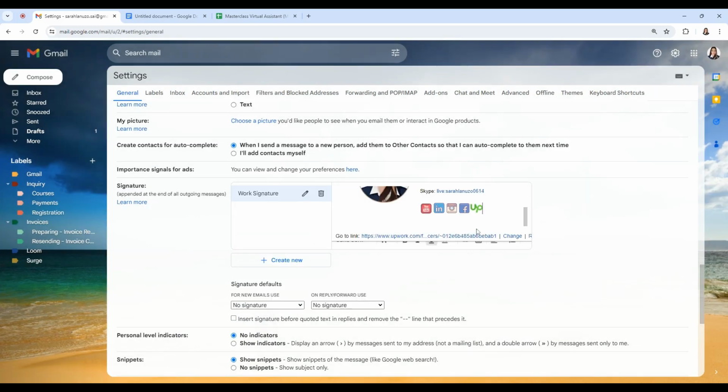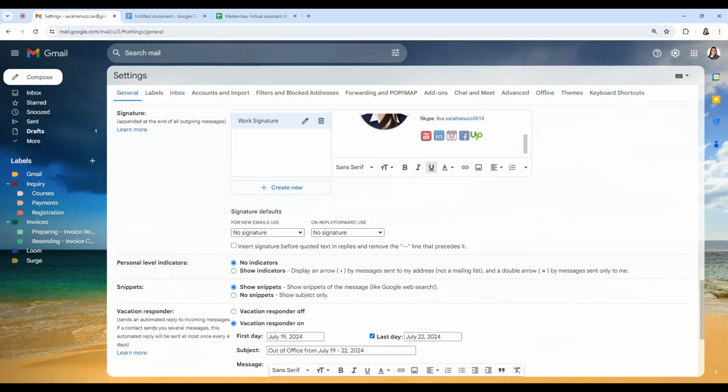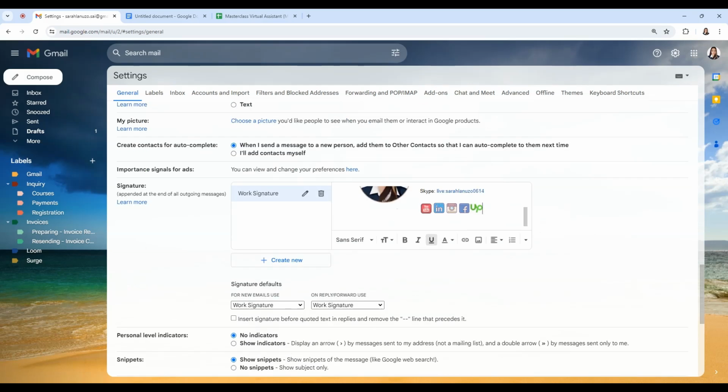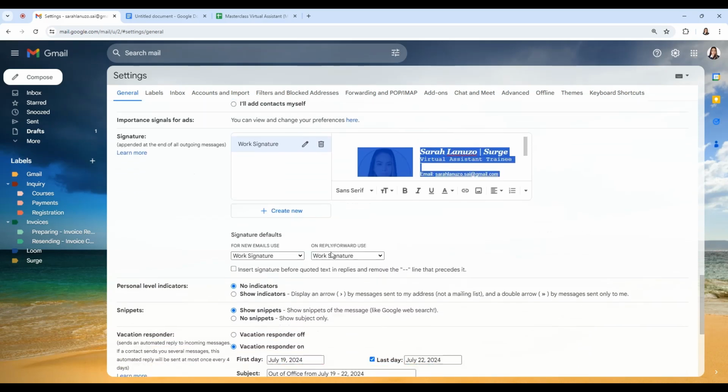And after linking all your social media platforms on those icons, you can change this signature default to the work signature, to use the available signature that you have created here.